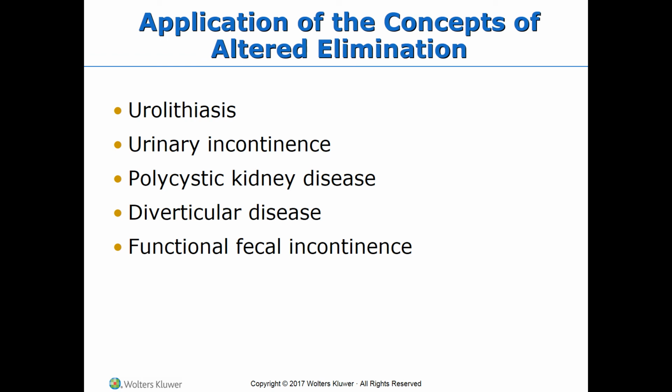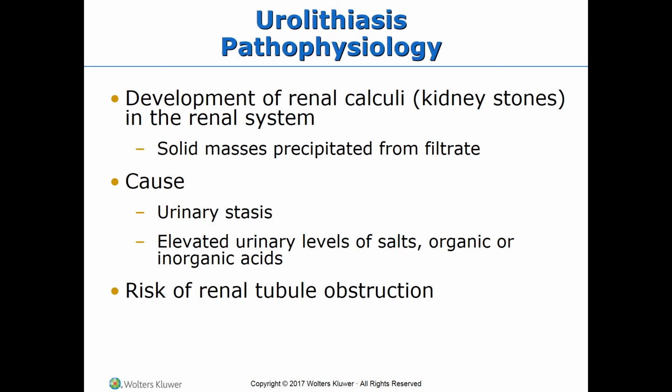Okay, now let's talk about a specific problem. So urolithiasis, which will be having calculi within the kidneys. And this can happen because you can have an acid-base imbalance that can lead to precipitation from the urine within the kidneys. And that will lead to the formation of kidney stones, of different types with different composition, but ultimately you have obstruction, and that obstruction will lead to urinary stasis, and